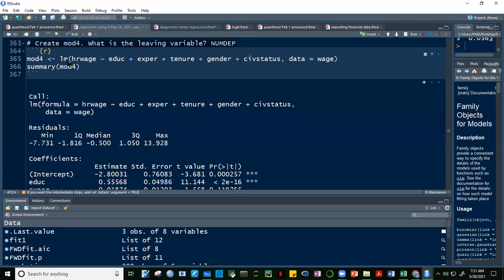We use the lm function from the stats package, and we were modeling hourly wage. We regressed this on education, experience, tenure, gender, and civil status. The other two, race and number of dependents, were already eliminated. We removed those two variables because they had the smallest t-stat. So when we run this,